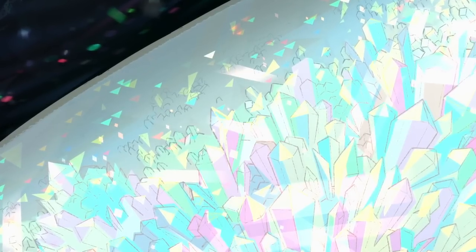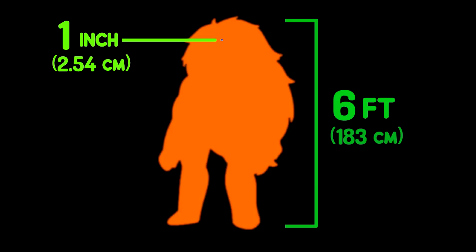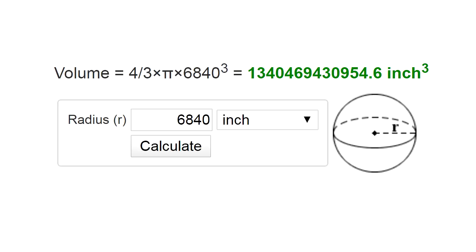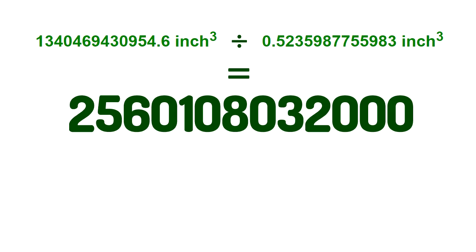For funsies, let's just go through it. Let's use my original values. The cluster is going to be proportionate to a 1-inch gemstone on a 6-foot tall gem. A sphere with a 1-inch diameter has the following volume. The cluster with a diameter of 13,680 inches has the following volume. We can figure out how many 1-inch spherical gemstones would fit into the cluster by dividing, and we get this giant number. This is how many of my hypothetical gemstones it would take to fill out the volume of the